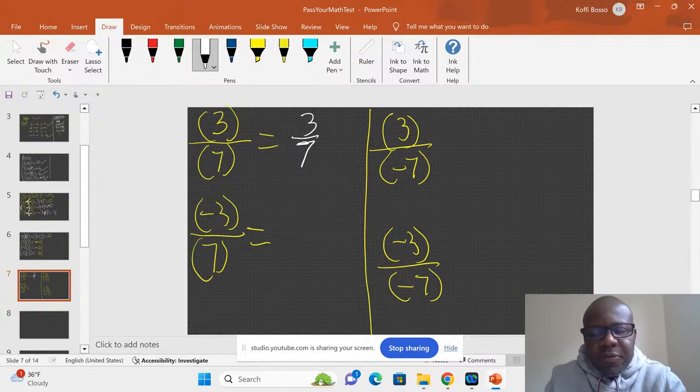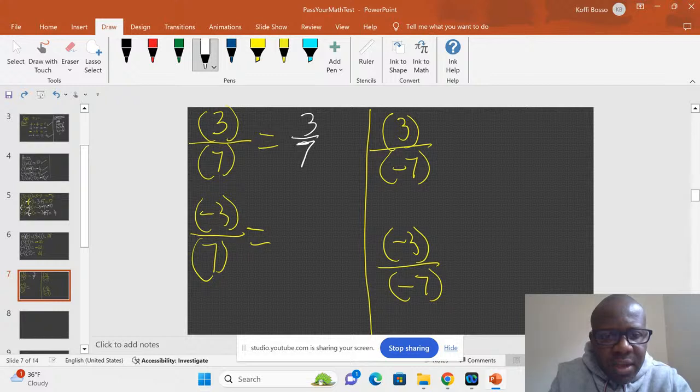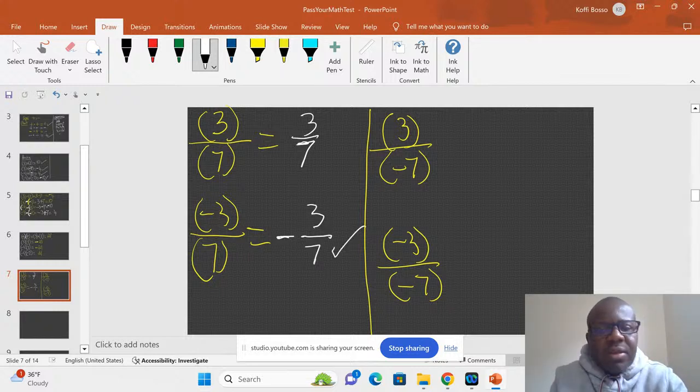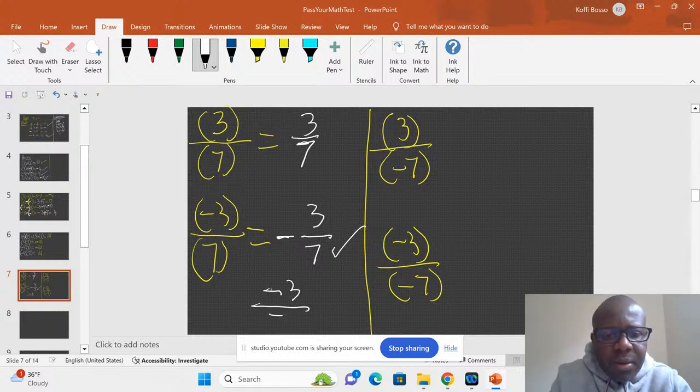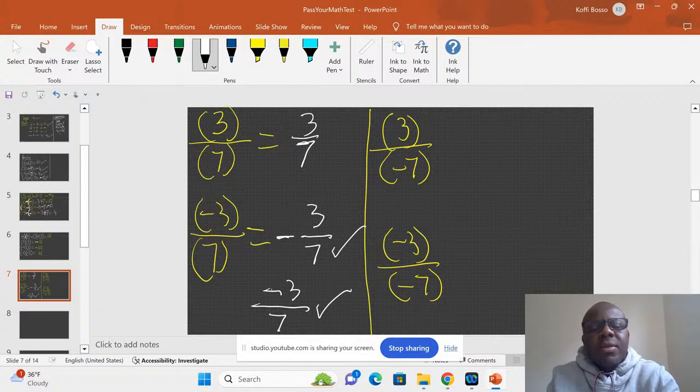We can do different ones where we can simplify. So negative 3 divided by 7, the answer will be negative 3 over 7. So you have different ways to write this. You can write it with the negative sign in front of the fraction bar, negative 3 over 7. Yes, it's correct. Someone can write it as negative 3 divided by 7. It's also correct, because it's a negative result. So it doesn't matter if you put the negative in front of the fraction bar or you give it to the numerator,